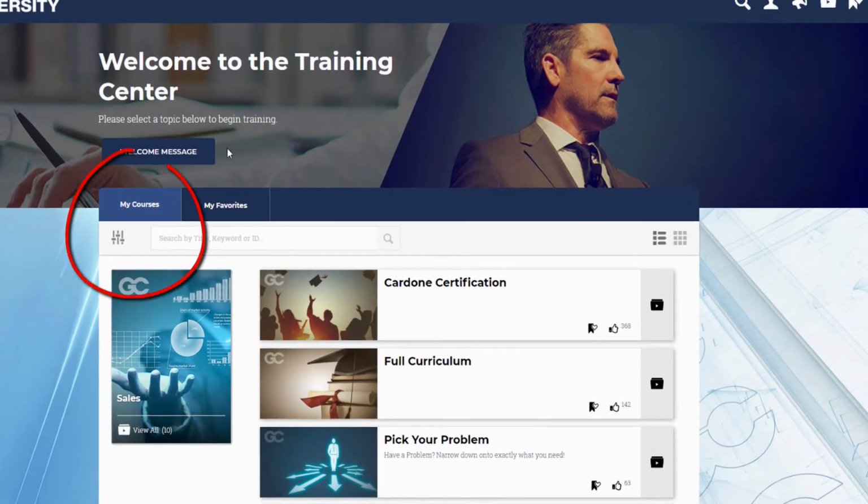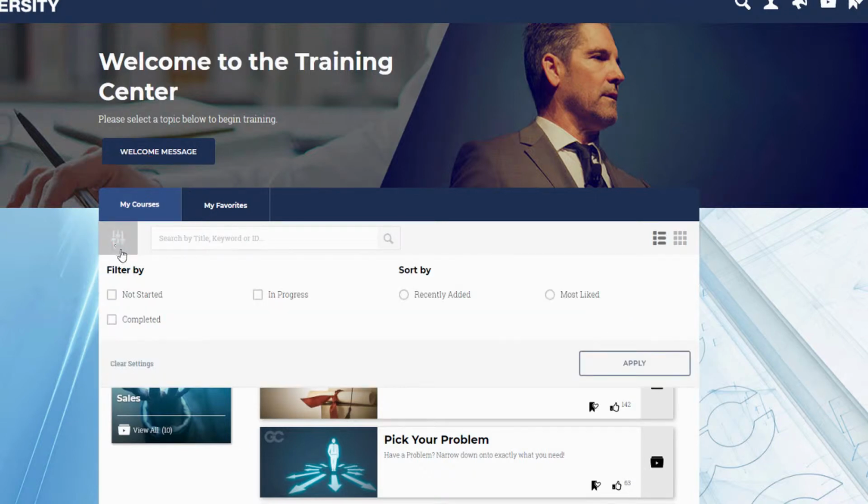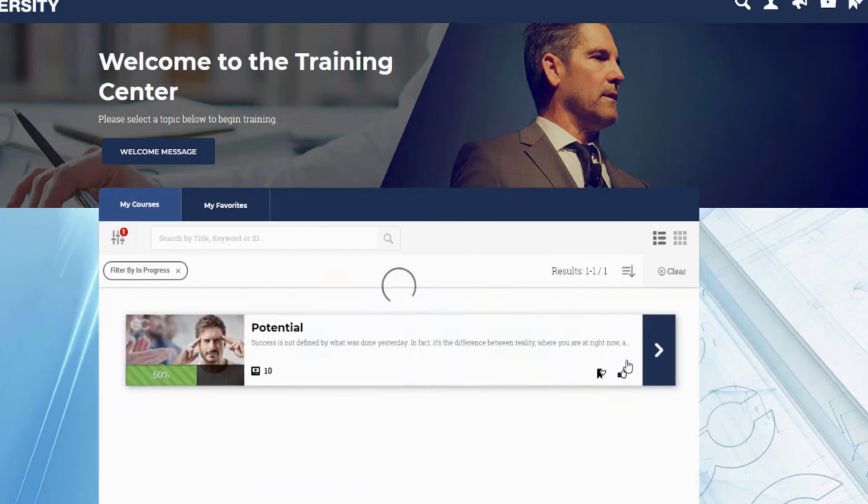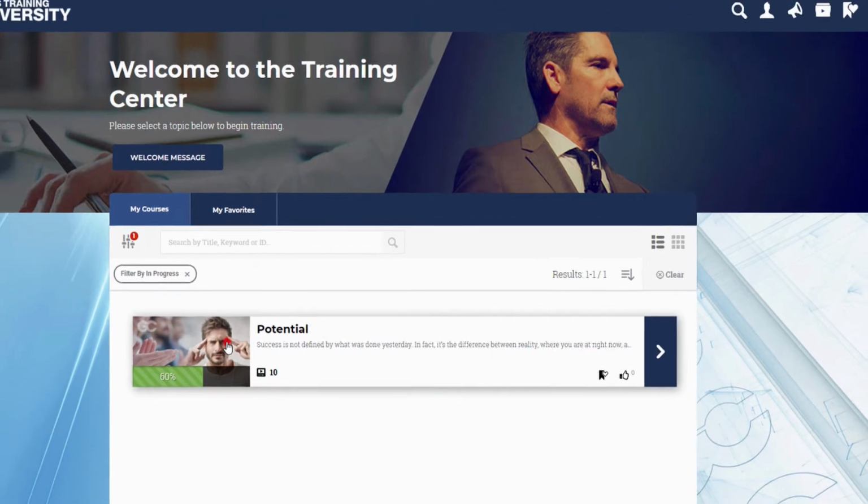Once you're in My Courses, right below My Courses, click on this little filter, and I selected In Progress because I only took 6 out of 12 in this particular course. So I select In Progress, then I select Apply, and there it is, Potential. I click on this,